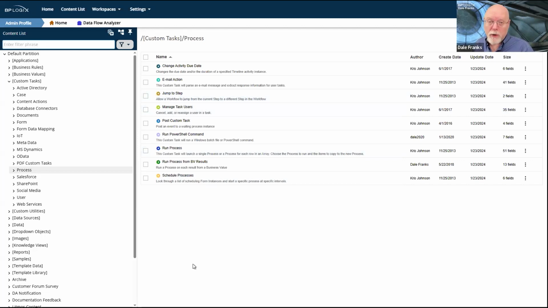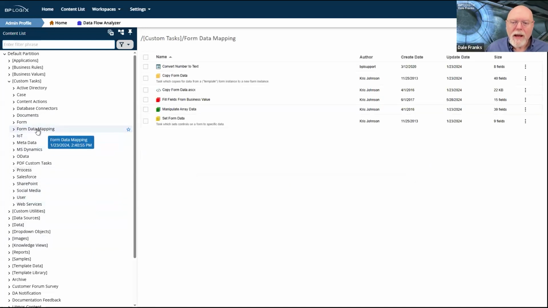Workflows have been deprecated. We don't even update them anymore. Yeah, if you happen to find some sort of horrific bug in a workflow, we'll fix it. But all of the new functionality gets added to process timelines, and that's been true since version 4.5. So there are some old ones that still exist here, like jump to step, that are not very useful to you, but they still exist. In any event, all of these different types of custom tasks correlate to what they do.